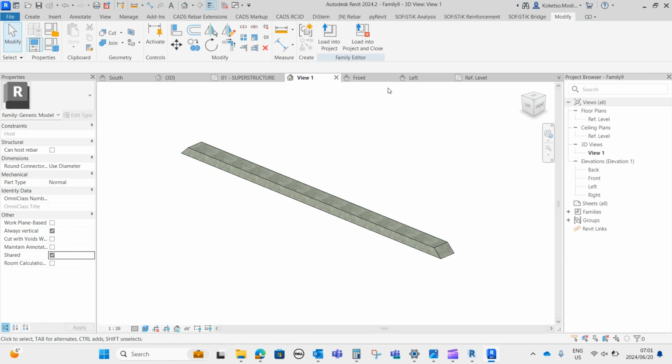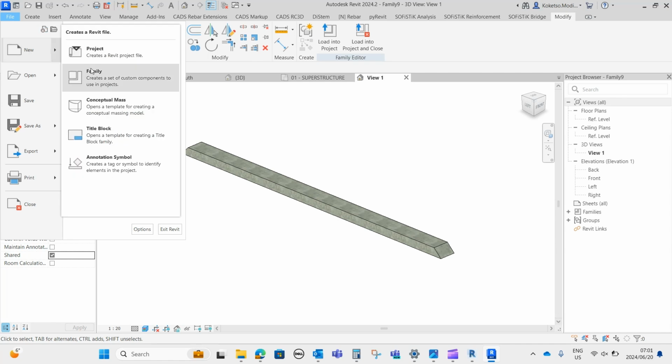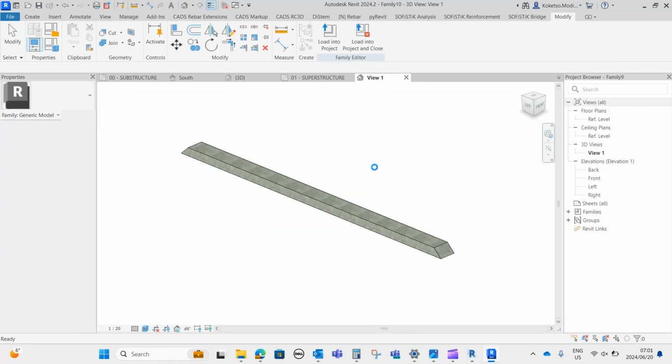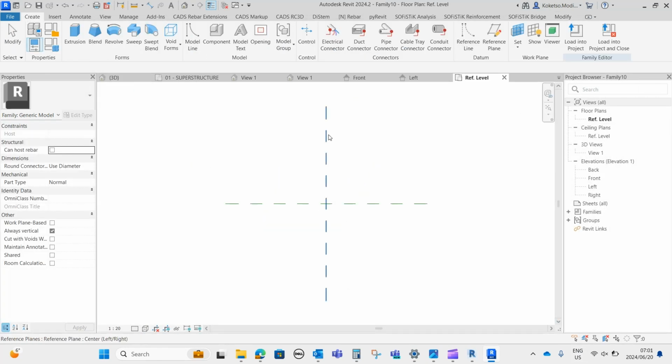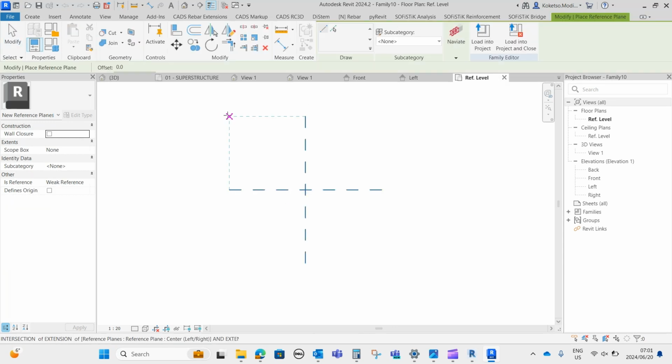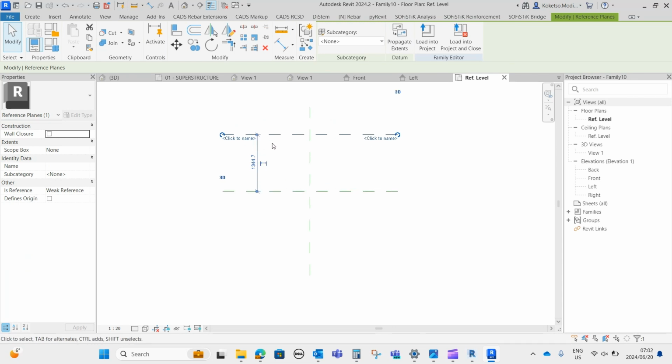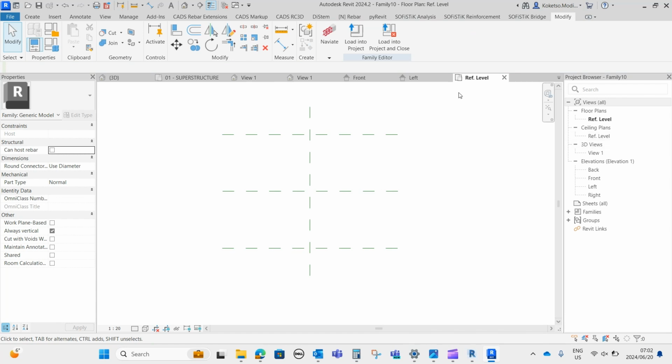and before we do a line-based family, we're gonna generate our metal studs that's gonna be sitting on top of our sleepers. So let me just remove these extra views for our sleepers and then go to file again and say new and say family. So we're gonna go to generic model again. So right on the reference level, we're gonna go to reference plane and then place one on this side, and then this one we're gonna offset it by, so it's going to be equals to 2689.4 divided by 2, which is 1344.7, and then we're going to mirror it towards the other side,